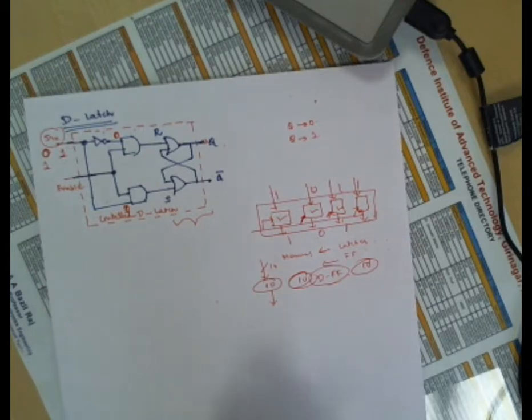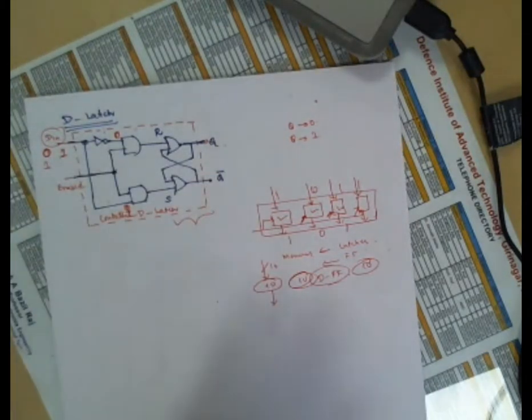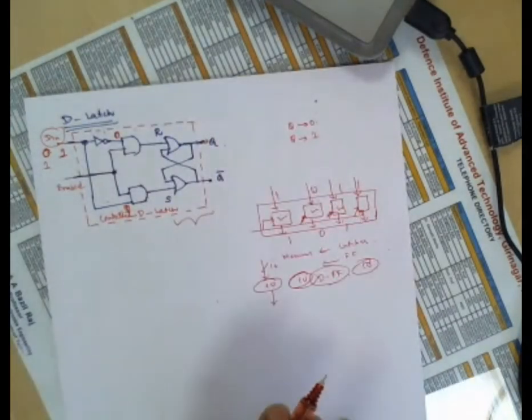Digital memory, analog memory is different. Analog memory concept is slightly different. So in digital memory, all the data will be stored there. Stored in the sense it will be delayed. So suppose I am maintaining 1 here, the 1 will come out whenever I apply the enable. If I do not apply the enable, then that 1 will not come out. Whatever was there earlier will be maintained, maybe 0 or whatever it is.